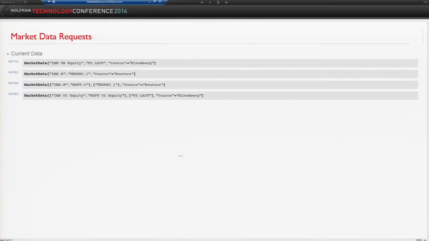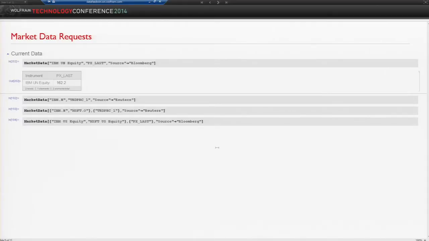OK. So these are some of the queries that you'll make to the Reuters servers. And in the syntax, you'll see that when you're connecting to Bloomberg, you're using specific names: IBM US Equity, which is NYSE, and IBM.N when you're doing Reuters. And PX_last is the closing price of that instrument. So let's see. We will talk about the output a bit later, and then you can do from